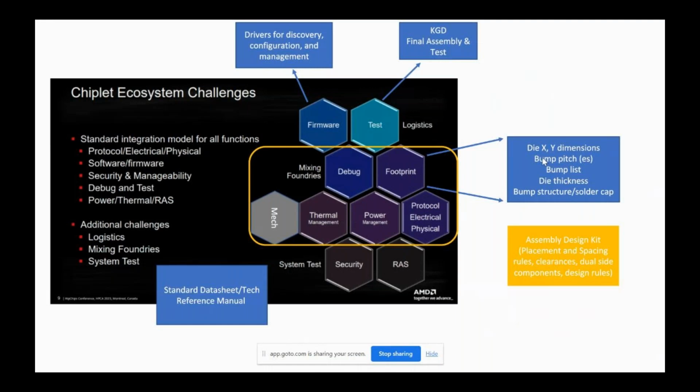Then the next level is, okay, here's the chiplet, and by the way, its dimensions are so and so, and this is what the solder caps are. And then, right, David, let me interrupt for just one second. The product brief typically is bare bones, tells you what it does, but the data sheet and the technical reference manual go into all the gory details. They might give you package models, they might point you to BFMs, bus functional models, and all of that is mainly at the RTL level people use.